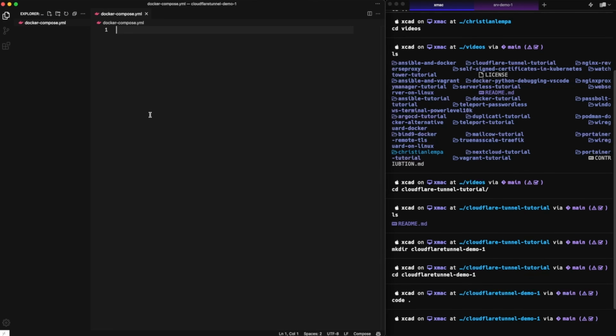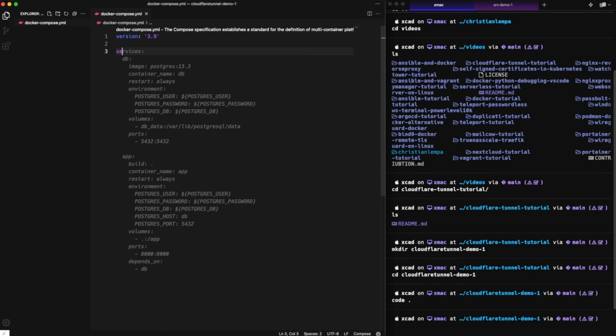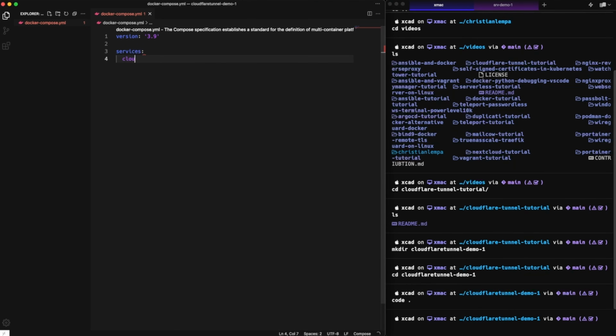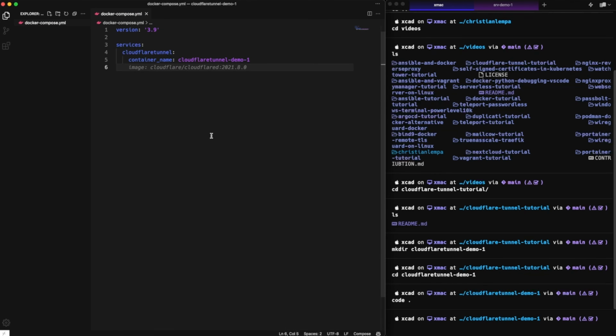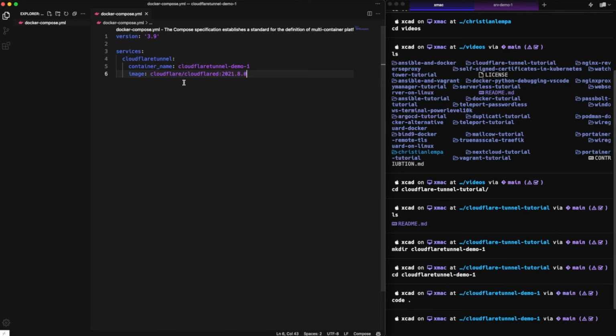Of course, we will first start with a version number like 3.9 and then add our first service. Actually, that's the only service that we need. And we just call it Cloudflare Tunnel. Now, I also like to configure a container name. That's not really so important, but makes it a bit easier to identify this later. And we also need to use a recent version of the Cloudflare/cloudflared image. This version that GitHub Copilot just added is not very up to date, so I would suggest